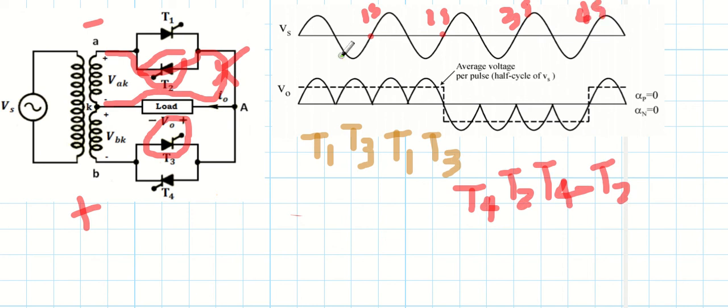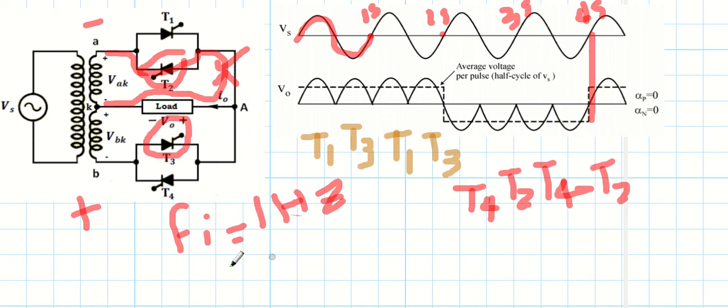Now for the input, one cycle completes after 1 second. So the frequency of the input is 1 hertz. But what about the output? After how much time is the cycle completing? After 4 seconds the cycle is completing. Or you can say the time period of one cycle is 4 seconds. So what will be the frequency? 0.25 hertz.